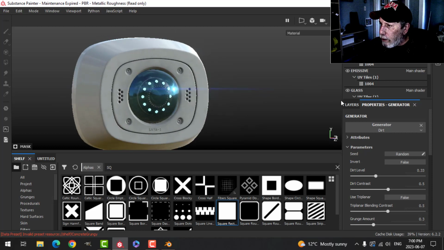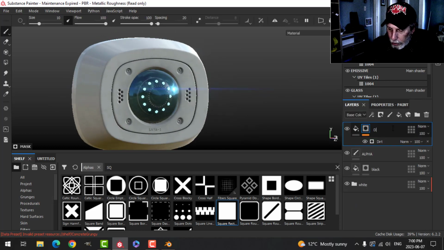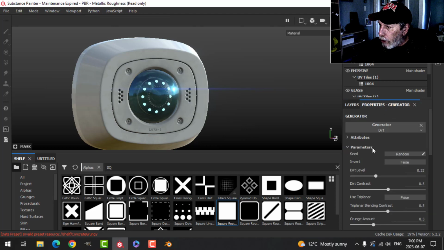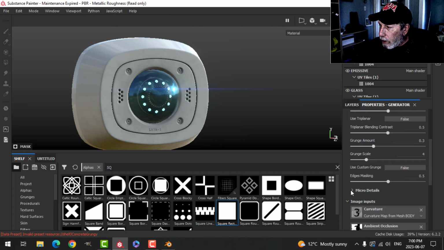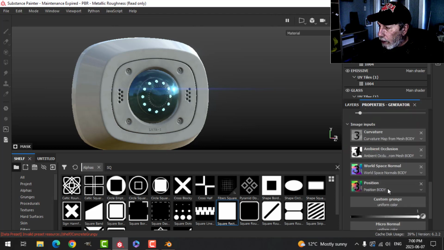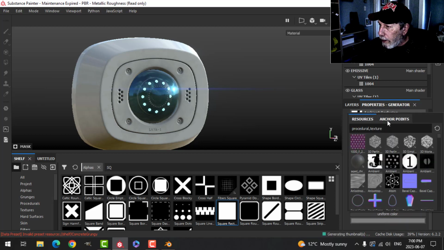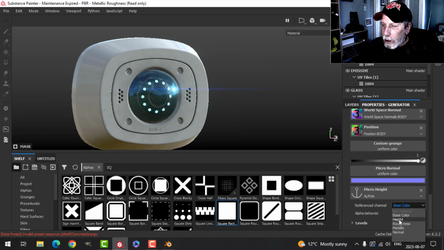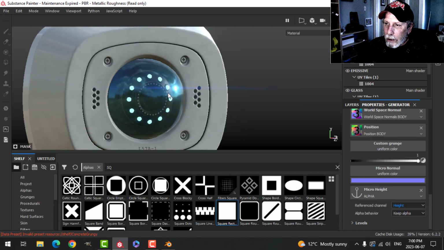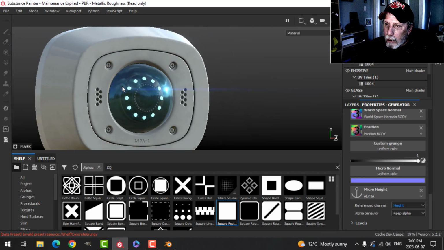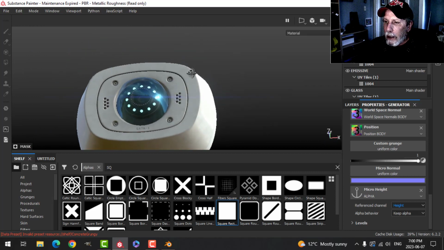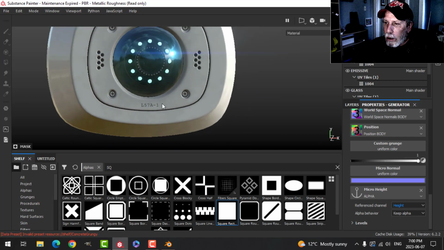And so what I want to do now is, if that is the dirt layer, I want to add an anchor point here and refer to it in the dirt generator. Right down here, micro details, change that micro height to true. Micro height, select the anchor, and then change base color here to height, and watch the screws. And again, there's not that much dirt, but a little bit darker. It looks a little bit more realistic. So we have a bit of dirt on there, and that's looking fine,